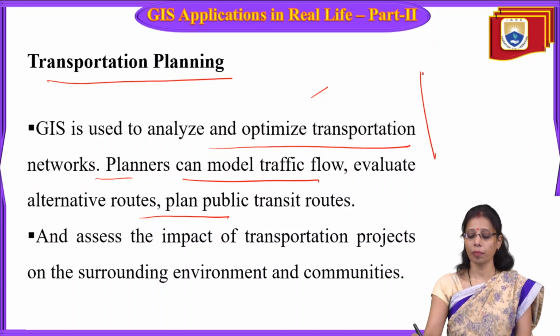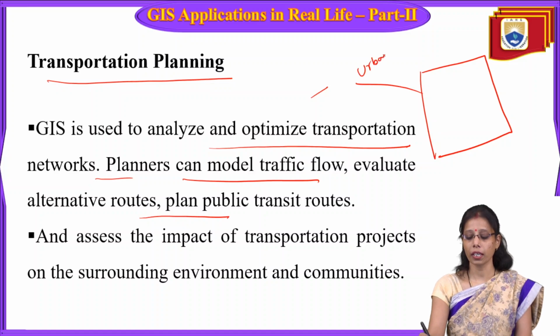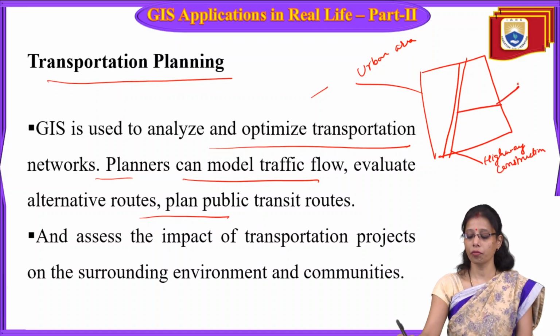Suppose this is the plan for a city, for an urban area. So this is the plan. Which type of road? Let us say a highway can be constructed here. So highway construction can be done. Now we have to construct a local road. Local road construction can be done, and here small houses can be constructed based on the type of the